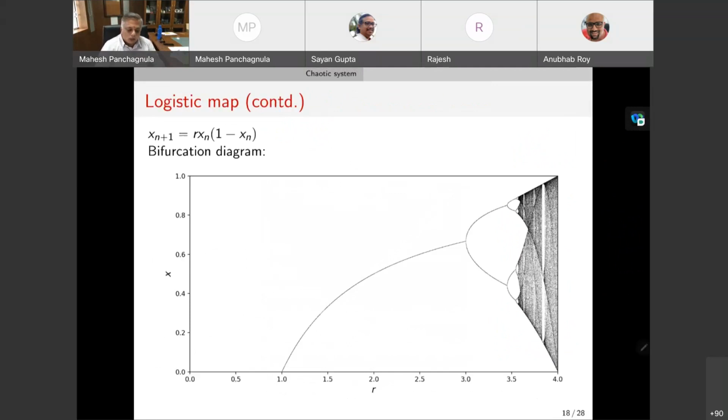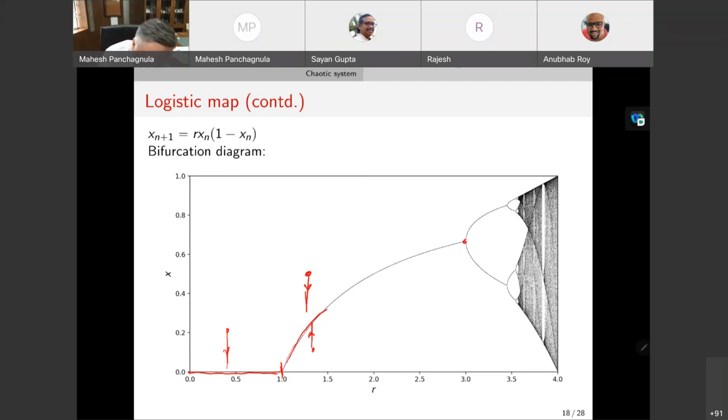So if I start with an initial condition, any initial condition, until I reach a value of R of about 1, the only attracting solution is xn equal to 0. So I can start with an initial condition there, and like I showed before, it's going to evolve towards this solution. Beyond 1, you start to see this other branch appear. Okay, so if I start with an initial condition here, it's going to evolve this way. If I start with an initial condition there, it's going to evolve this way and be attracted towards that branch. We saw the cobweb evolution.